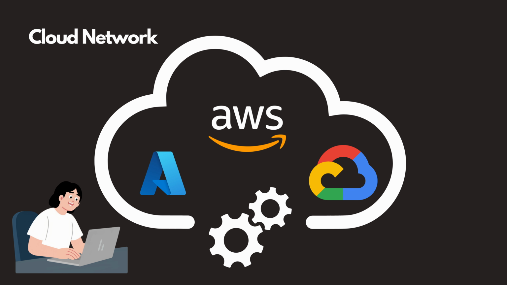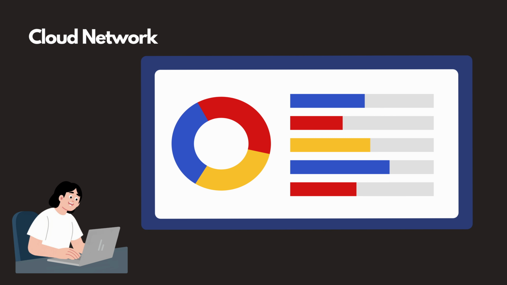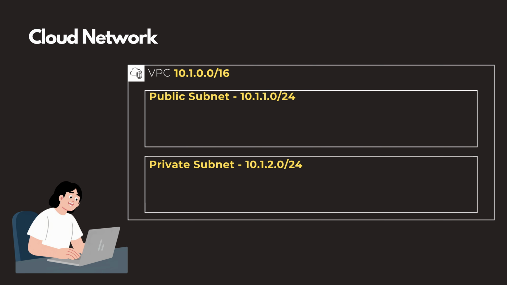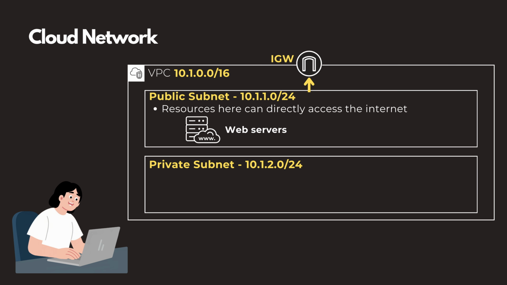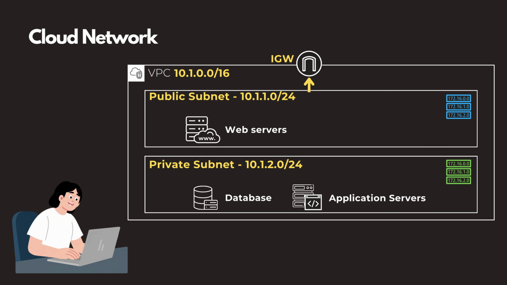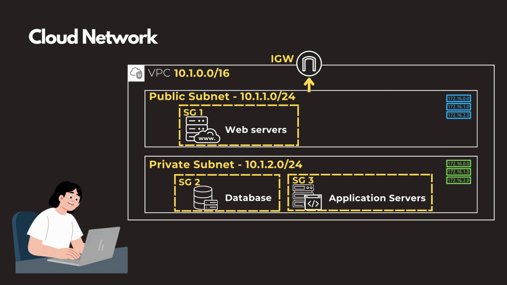As a customer, you're working a layer up with cloud dashboards to manage the cloud network. In AWS, Azure, or GCP, you define a virtual network, a VPC, and carve it into subnets, public and private. Public with a route to an internet gateway, and private with no direct internet route. Route tables and security groups do the job like VLANs and ACLs do on-prem.